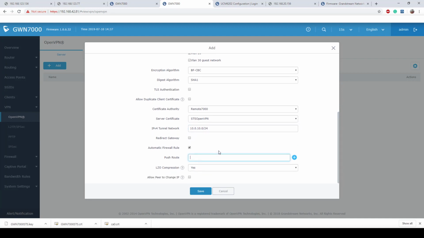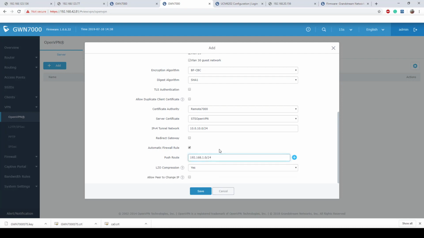Next, we have push route. Now, push route, think of it like this. If I have any subnet I want to advertise to the connected client, push route is going to help me accomplish that. So I'm going to make sure I advertise all 3 default networks, unless you want to restrict one network from having a route on the client side. So you can omit subnets, but just be very wary, because if you forget to add a subnet that you need, you won't be able to get access to it, and your client won't have a route for it. So with that being said, let's go ahead,